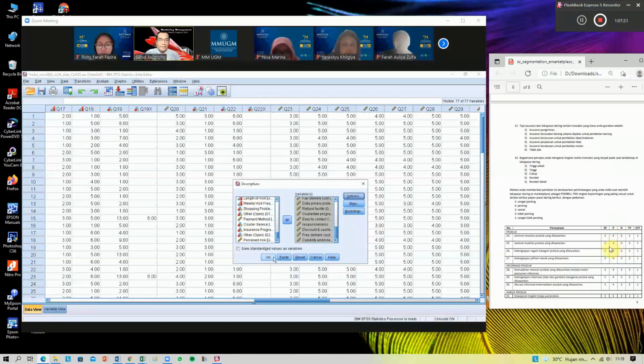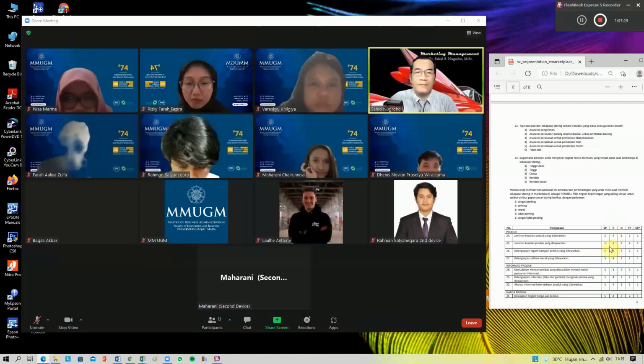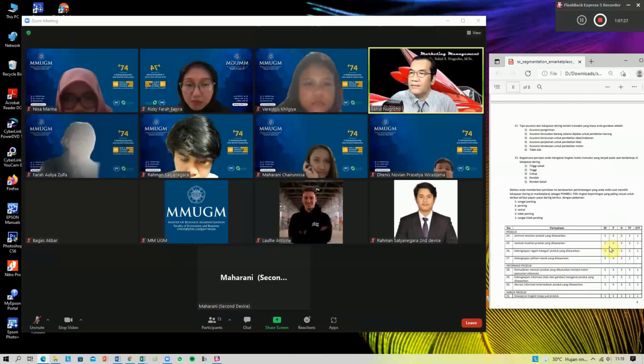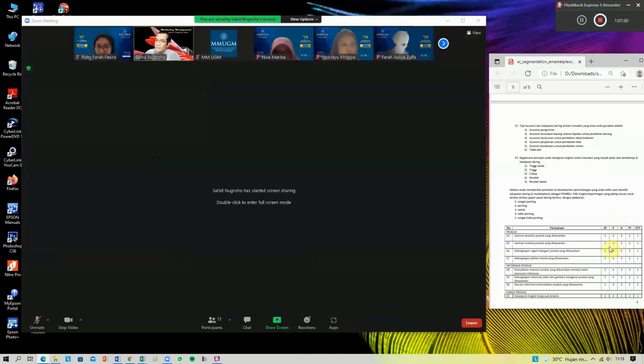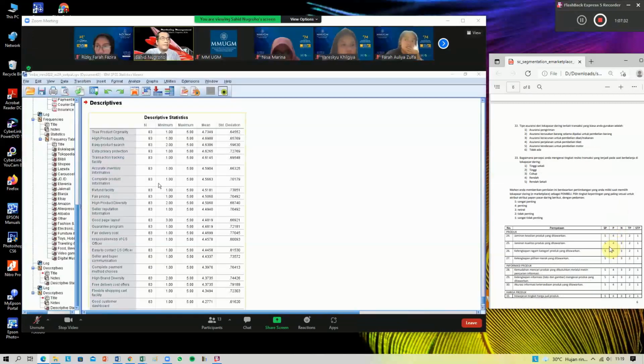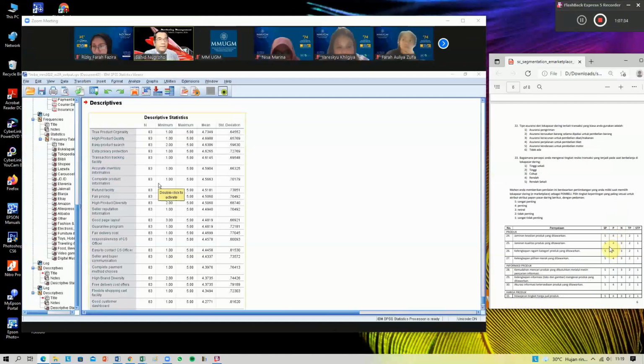Okay, and then click OK to see the result. I'll show you the results. Okay, so you can see the highest 3 attributes: true product originality, high product quality, and then easy product source. So this is the 3 most important attributes.